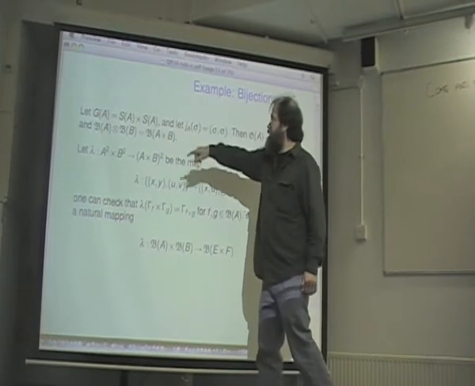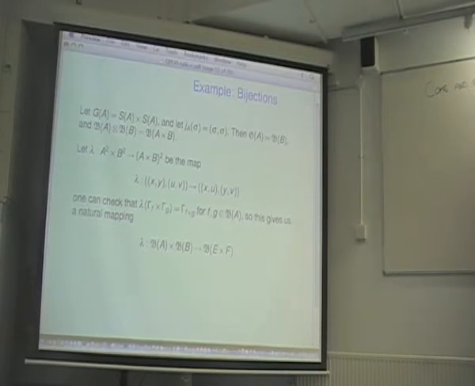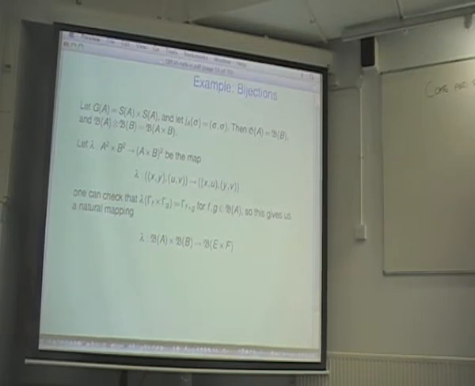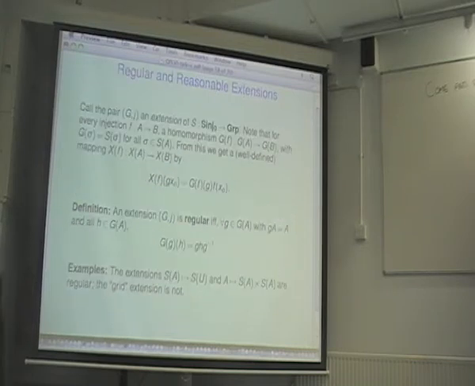If you look at the same recipe for a slightly simpler extension, let G of A be products of permutations, and use the diagonal embedding this time, then this recipe gives you back the test space of graphs of bijections, and you have a natural tensor product for that. And in this case, states at least do restrict to non-signaling states. I do have all product measurements, so things are looking good, but unfortunately I can't form arbitrary product states in this example. So this has just the opposite set of good and bad features, apart from non-signaling, which both have.